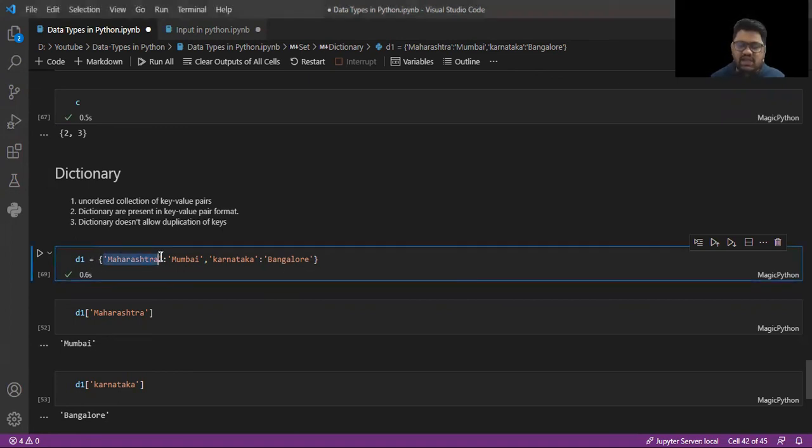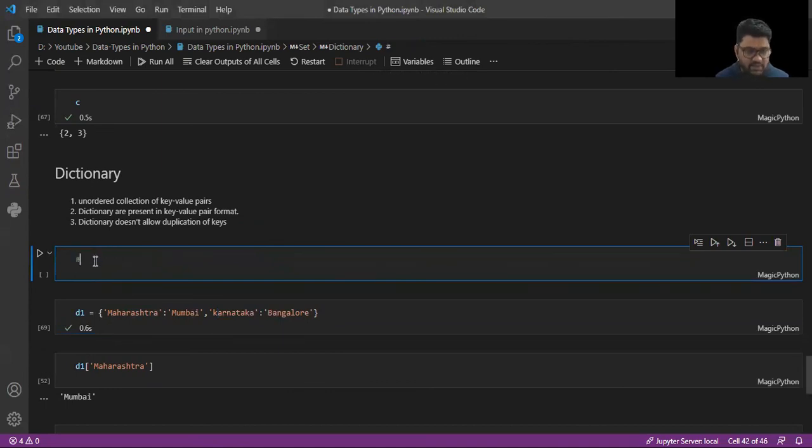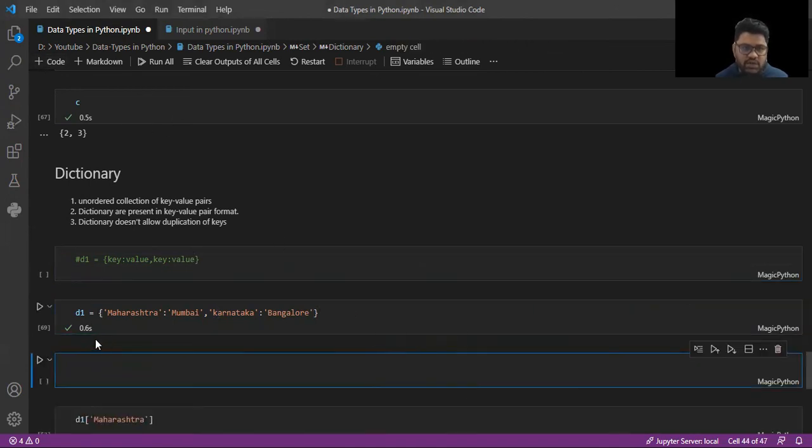Maharashtra is a key, and Mumbai is the value. Likewise, Karnataka is the key and Bangalore is the value. For the syntax to declare a dictionary, D1: first we declare the key, and then we declare the value. Likewise we declare the key and after that we define the value. We can have different data types stored in the key-value pair format. For example, D2 is another dictionary.